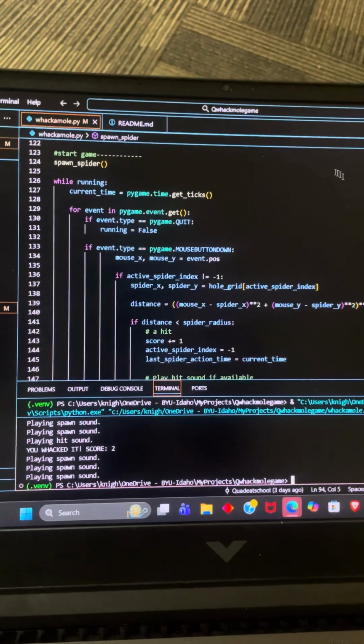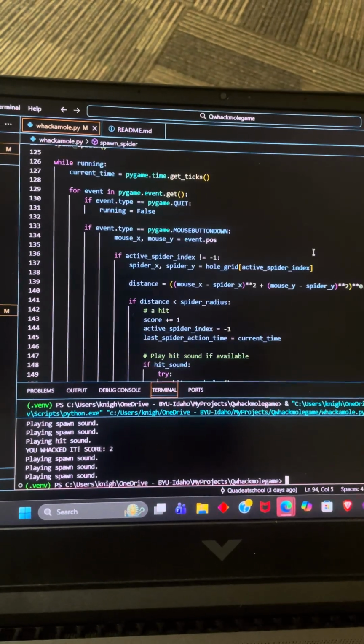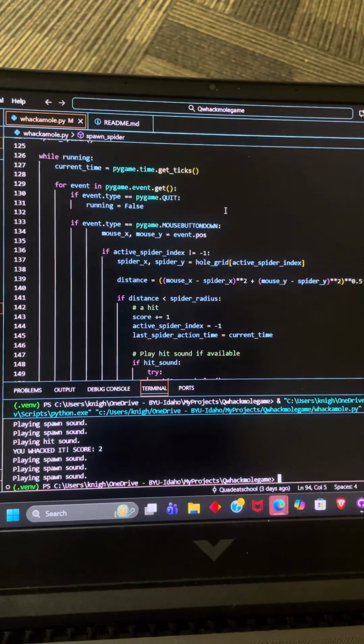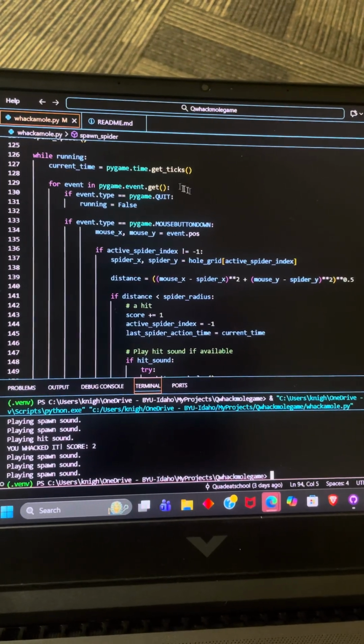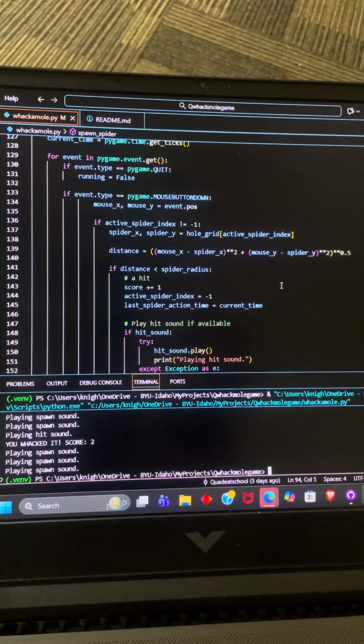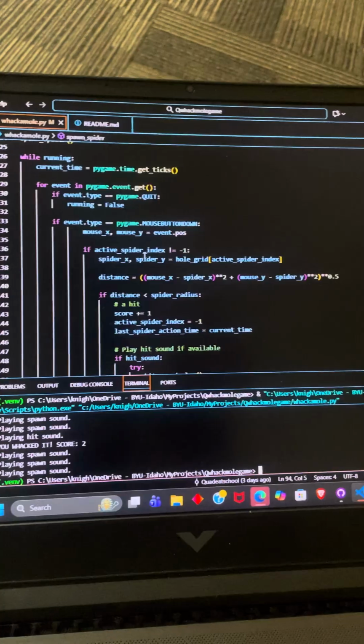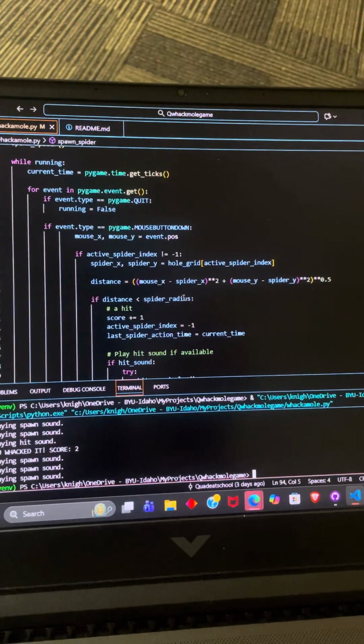A program like this is all contained within a while loop, and it's pulling the current time. It's running through, keeping everything in time. Setting up the events, the mouse clicks, and this was interesting when I was setting it up too, because